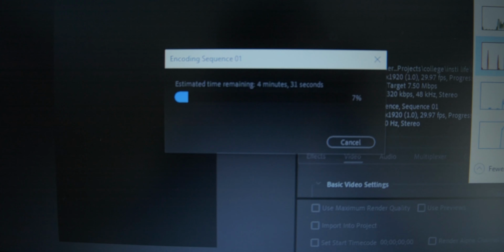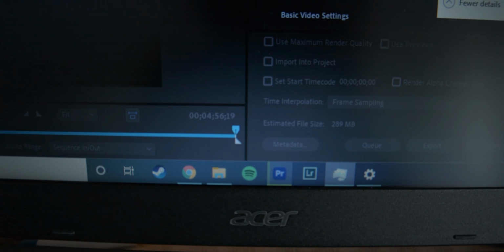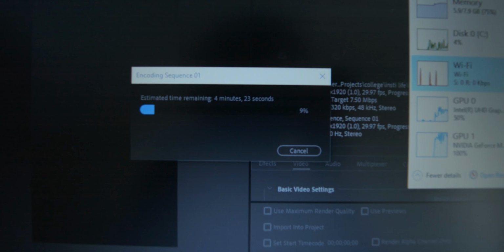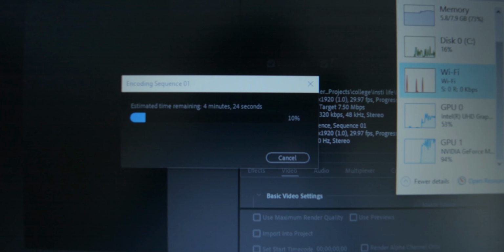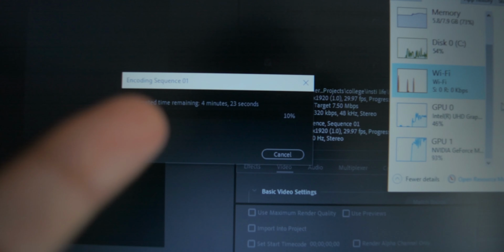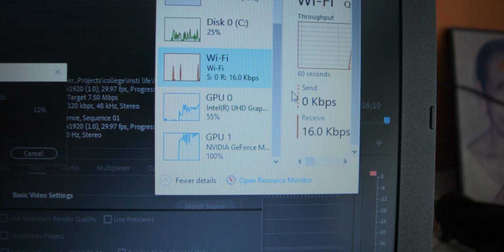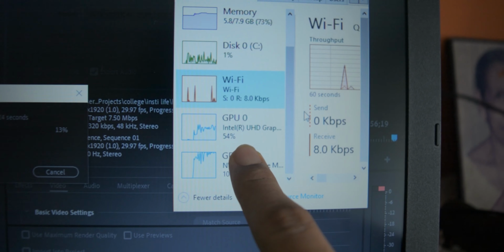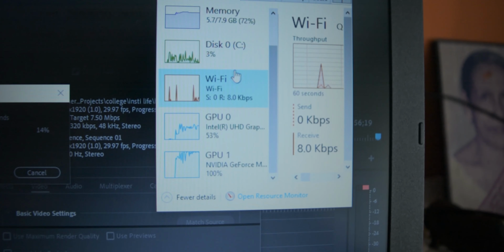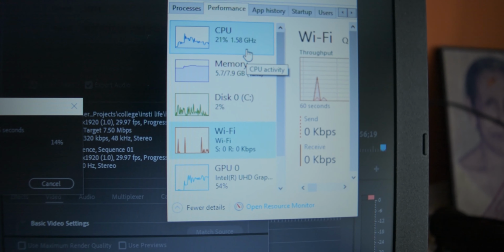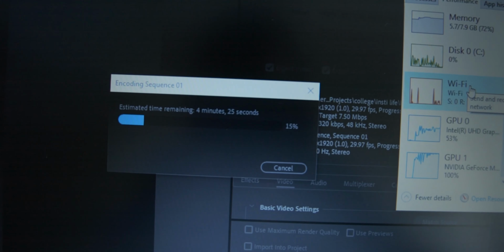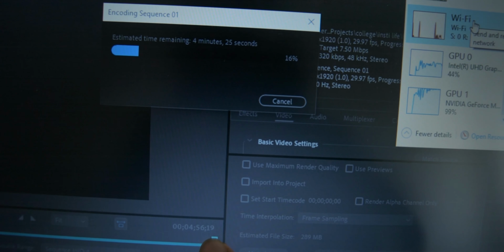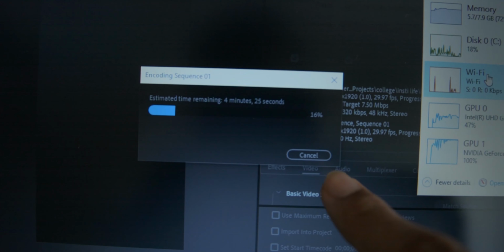So it's a 5-minute footage, and you can see 4 minutes 56 seconds, and my 2.5 minute video used to take literally double or triple that amount. Now it's using literally all 100% of my graphics card, a little bit of the iGPU, and the processor shouldn't be used much. Yeah, only 30%. So this is a huge improvement. It's literally almost the same time as the video it's rendering. If you can't tell, I'm really happy with this.